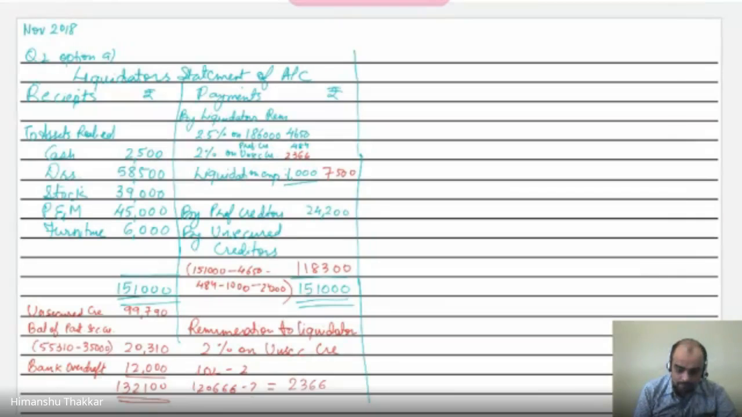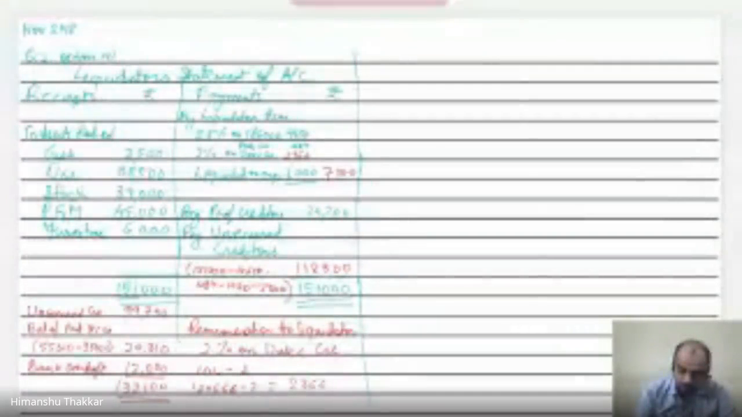Now here, the first point is calculation of purchase consideration. Okay. So first, a very basic calculation, that is what shares are given by Y Limited to the shareholders of X Limited. So equity shareholders will get,